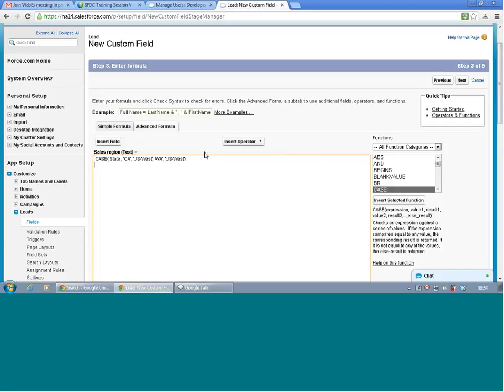Before the parenthesis, after the single quotes, put a comma. Then put single quotes, VA for Virginia as a state, and close the single quotes, comma, single quotes US-East.